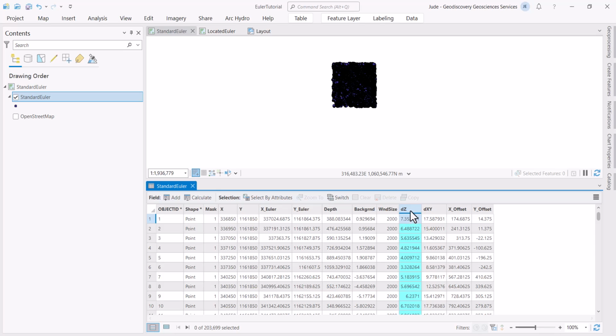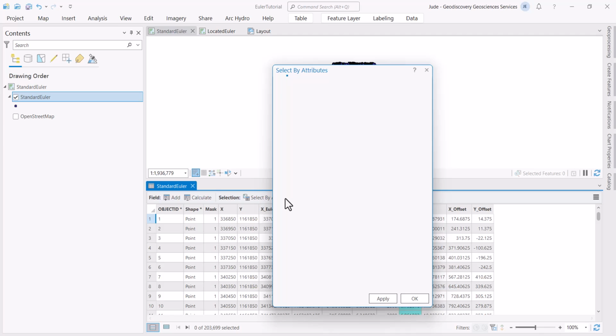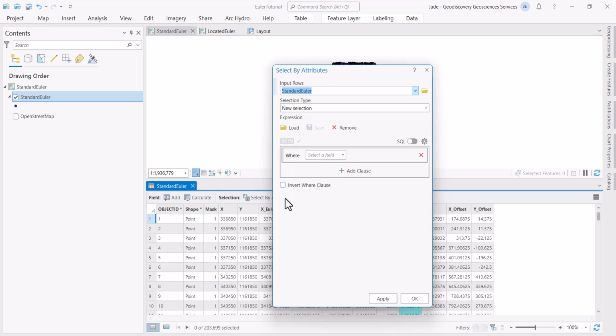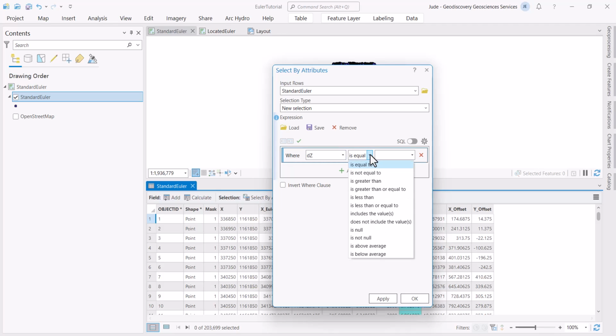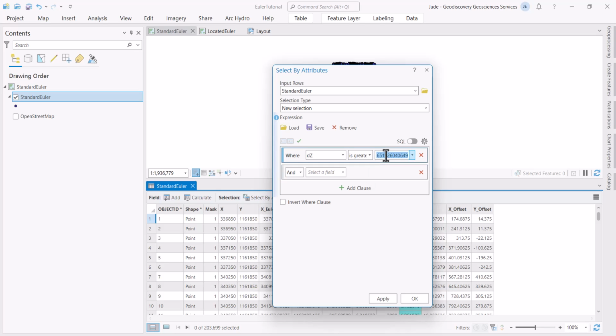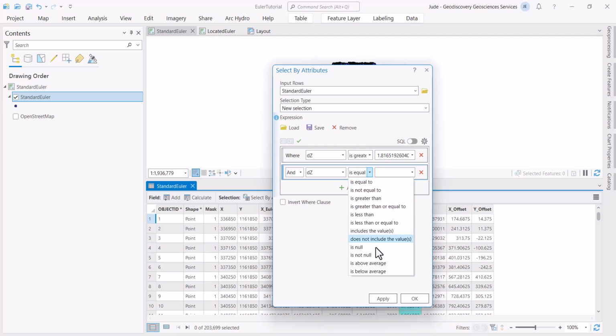So for this, we just go to Select by Attributes. We want to do a new selection, where this DZ is greater than or equal to 1. Let us add another clause. It actually populates a number, it actually starts from 1.8. And where this DZ is less than or equal to